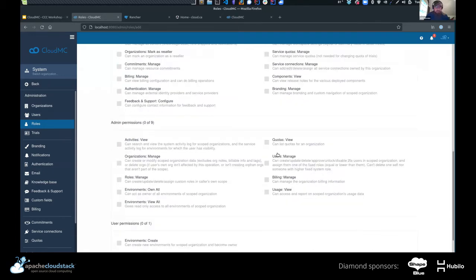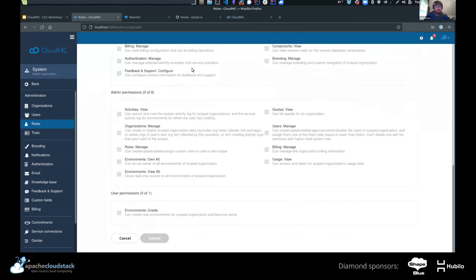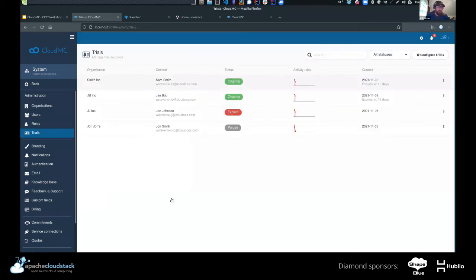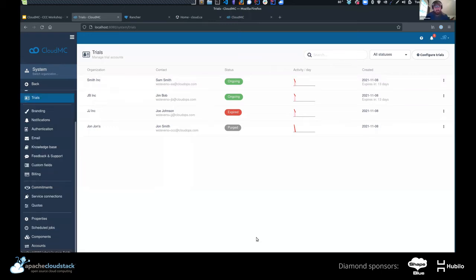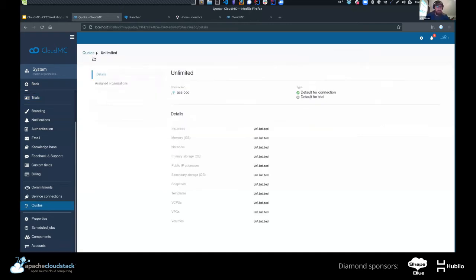We have trials, for example. These are the 4 trials that are running currently. And I can jump in and show some of that in a minute. But here, just to kind of give you an idea, we have two different sets of quotas. We have unlimited, which is basically unlimited on everything. And then for the trial quota, we very much limited it. And here I can just show you very quickly.